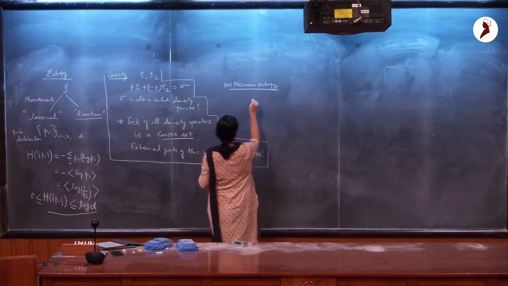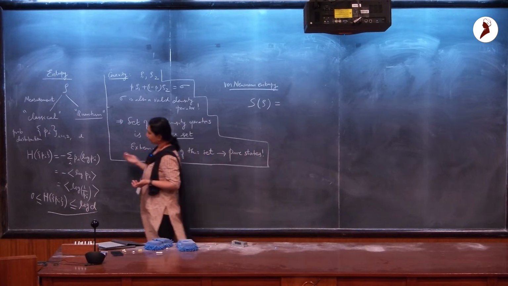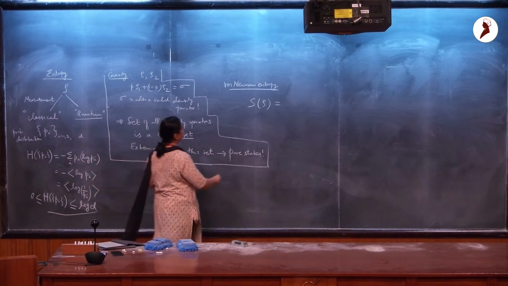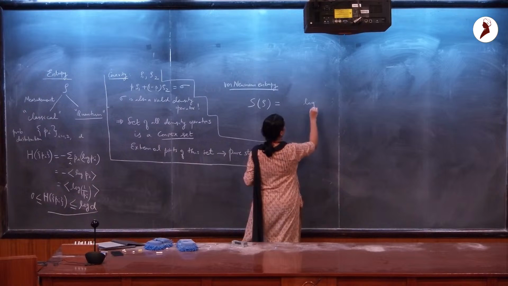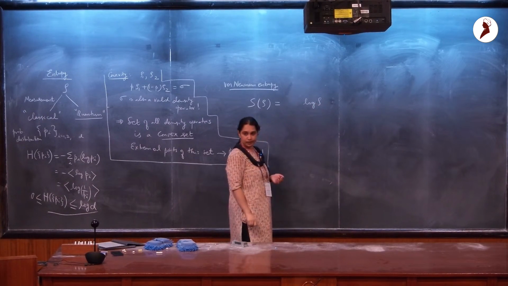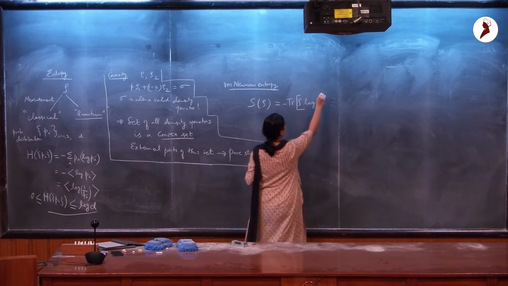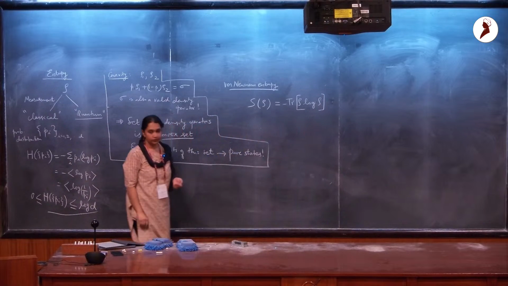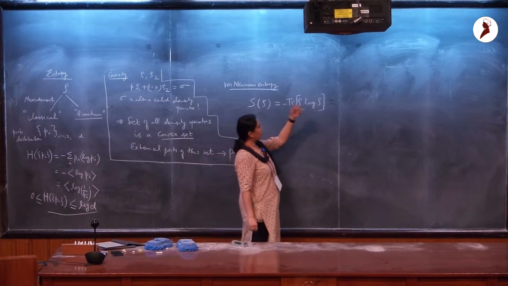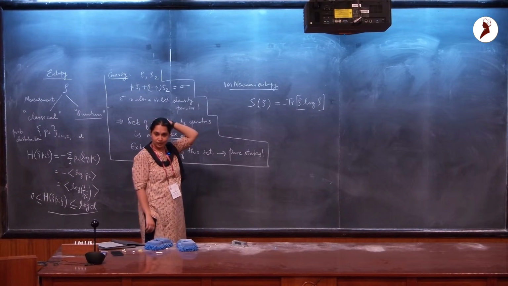And this is an entropy, which I will define by analogy with the Shannon definition, okay? So I will again take the log function, except I'm going to now take the log of the operator itself, okay? And then take the trace of this. So negative trace rho log rho is how the von Neumann entropy is defined.